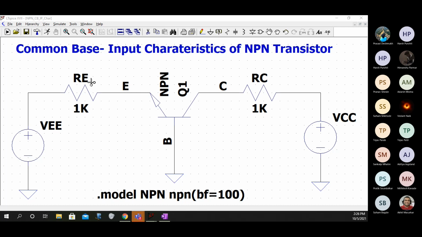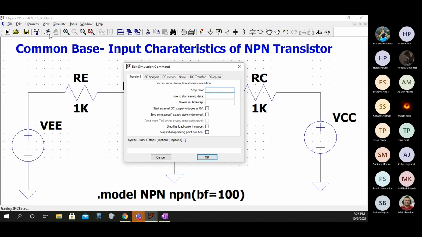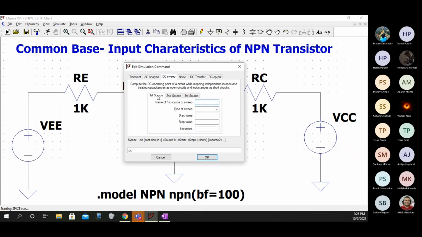Okay, Harsh, good. Now let's run this circuit. I'm running this. Now this time let's sweep. So first we will do input characteristics, means we will change VEE and keep VCC constant. So let's use the first source, that is nothing but VEE, and you can select it to be linear, and start value is 0, stop value can be just 2 volts because it's a VBE value.